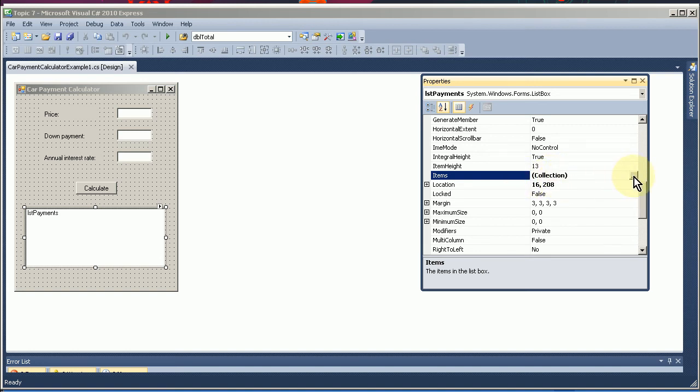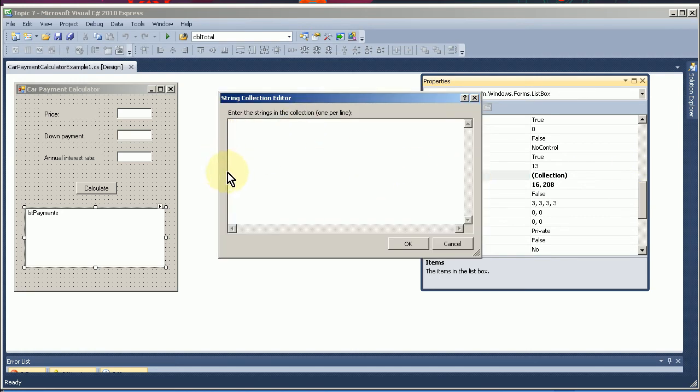I can even manually enter things, if I click this button here, that will appear in that list box. For example, if I wanted this list box to have things appear in it right at the start when the program launches, I could put them in here. That's something that I might do, but that's not what we're going to do here